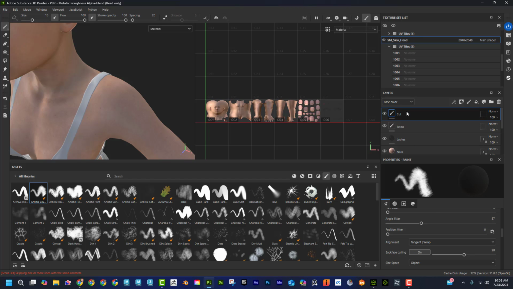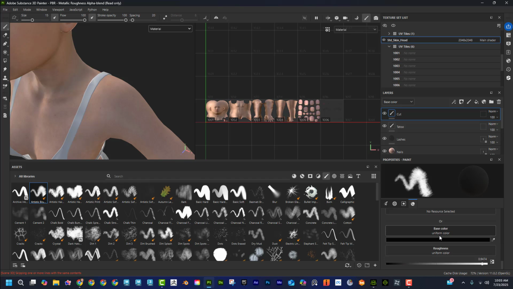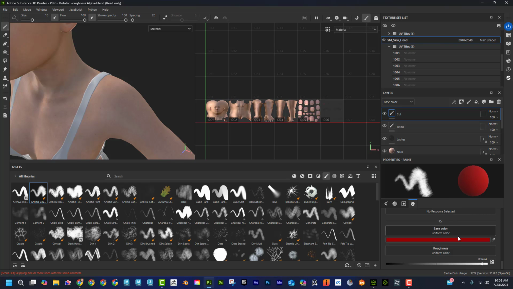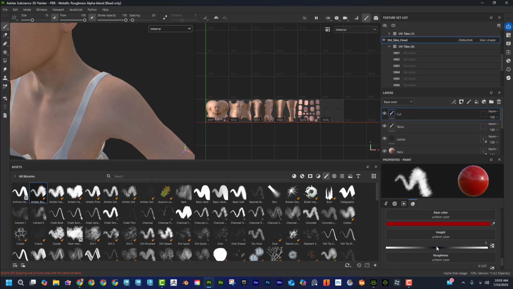Okay, and now I want that cut to look red. And I want it to be shiny red, like kind of a fresh cut. And I also want to dig in a little bit. So I'm going to go to normal and height. And I'm going to say height, I'm going to go left of center, and that's going to kind of bring it down. And now if I go like this,